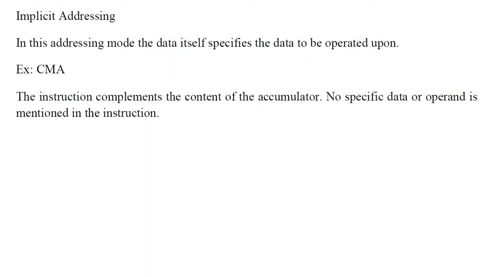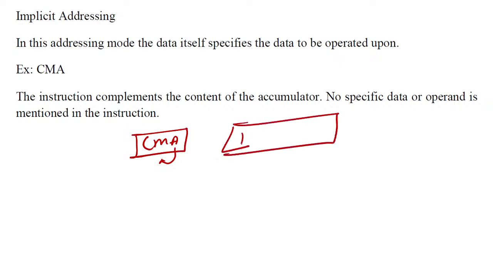Then we have implicit addressing mode, also called implied addressing mode. In this, the operand is in the opcode itself. For example, you have CMA. CMA means complement accumulator. So the operand is itself in the opcode, or you can say the operation code. In the opcode you have the accumulator, that is the operand. You go to the accumulator value, whatever value we have in the accumulator, let us say 1011 1101, and you complement this value. This value will become like this.